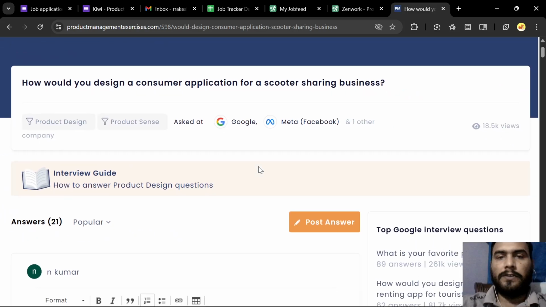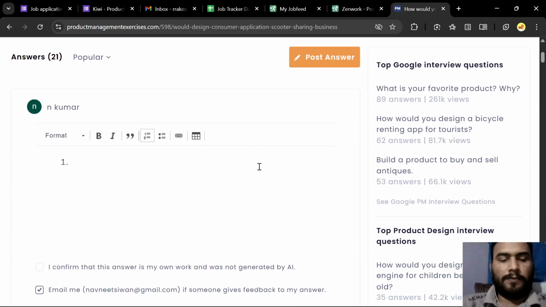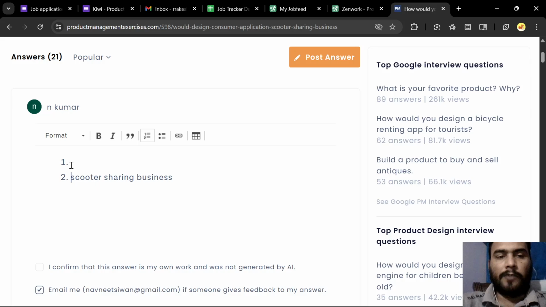So first part is the scooter sharing business. So let us think about scooter sharing business. So okay, first let me write down the framework that we are going to follow. So we will begin by asking some of the clarifying questions, and then I can